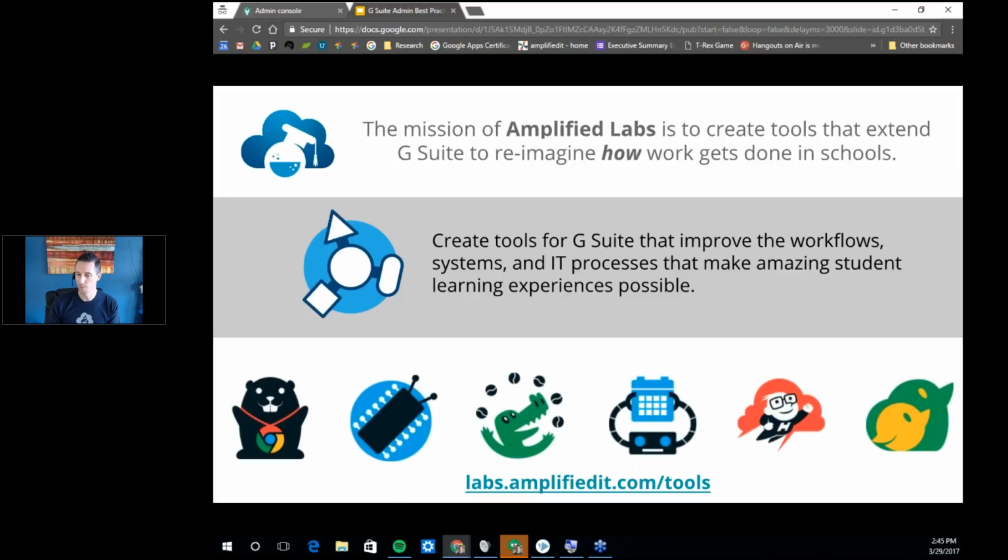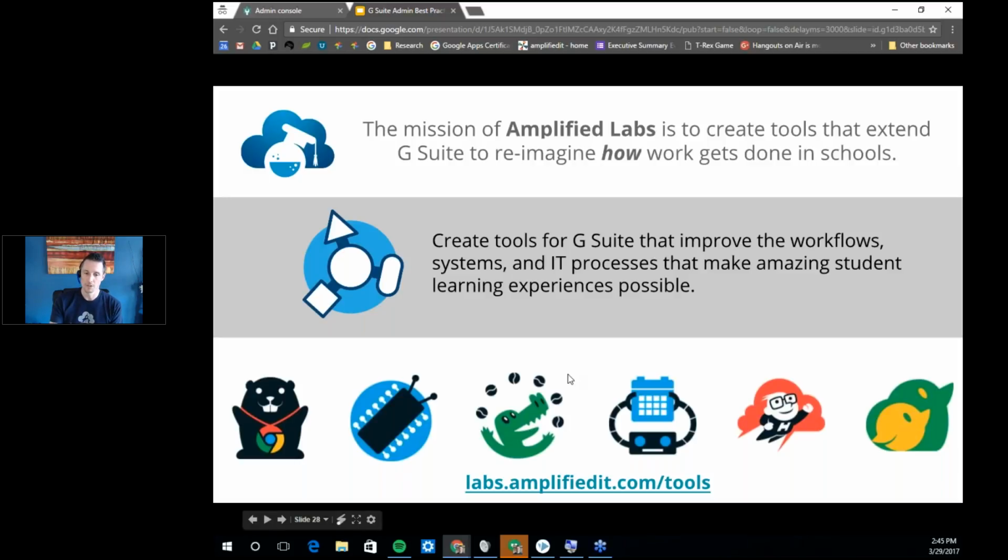Very low cost, low price tools targeted for education to be able to afford them, but also with support for them as well. So we don't want these to be free tools that maybe fly by night. We want you to be able to hang your hat on these and rely on them as part of your core processes that happen within the district and school. So there's support, there's ongoing development and feature changes with these tools to help support you in what you're trying to